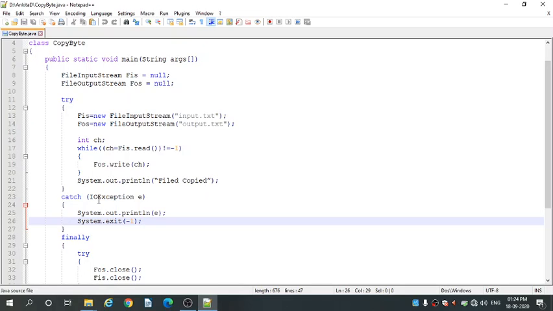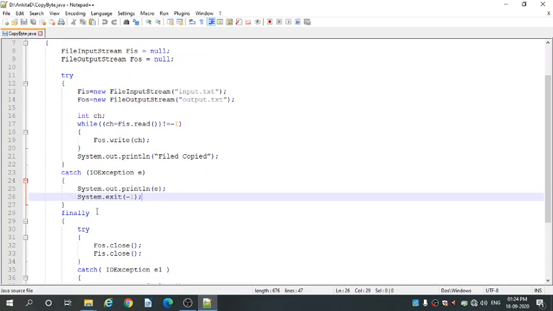This is a catch block. Okay. Whatever exception comes from this try block, it will be handled by the catch block. Inside the catch block, we have written System.out.println(e). This is the exception which occurs from the try block. It will directly print on your console.